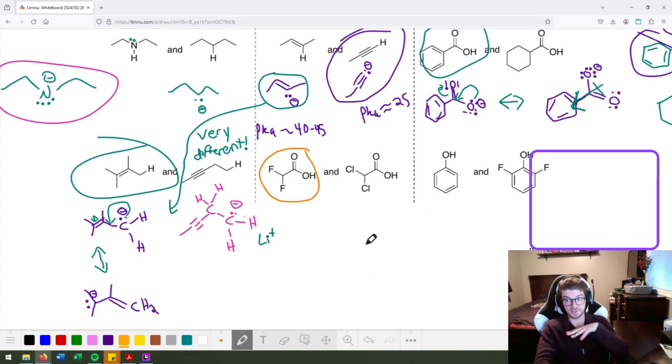So I said there were a couple of reasons that fluorine is better at this. Electronegativity is one, and it's probably the biggest reason. But the other is one that's called orbital overlap. Like looking at the effectiveness of the orbital overlap. So what I mean by that is